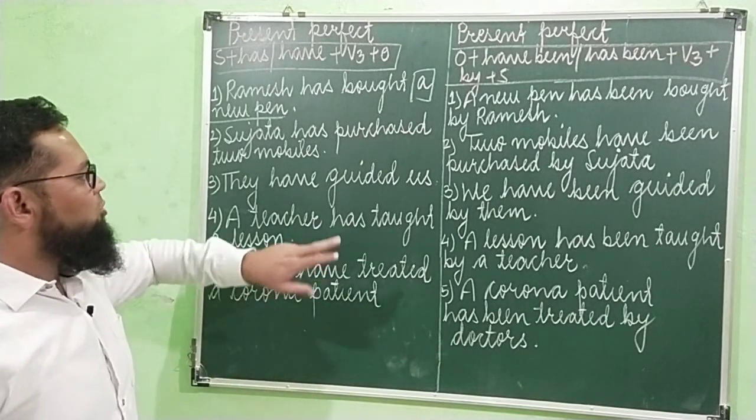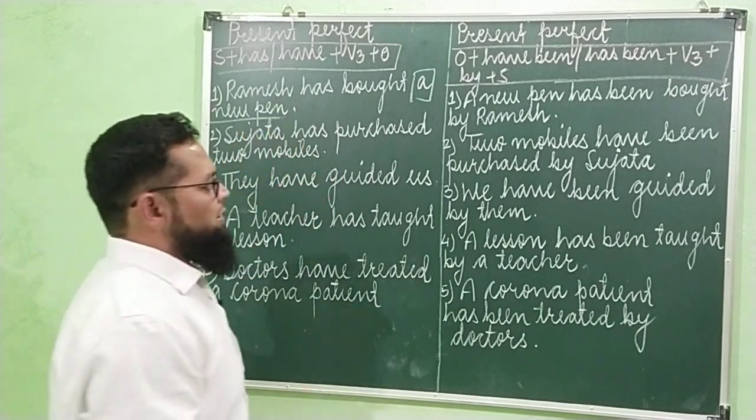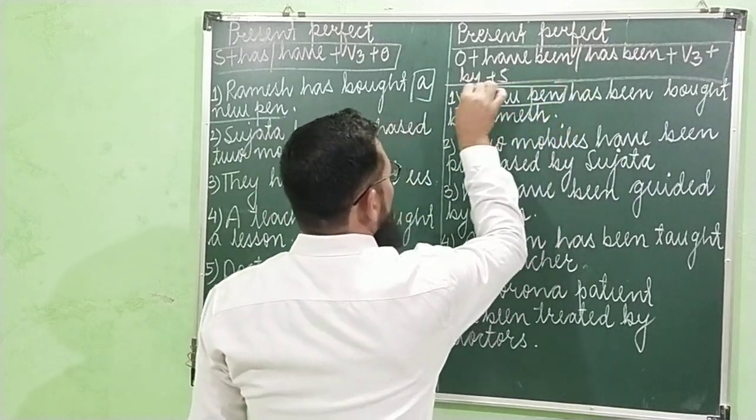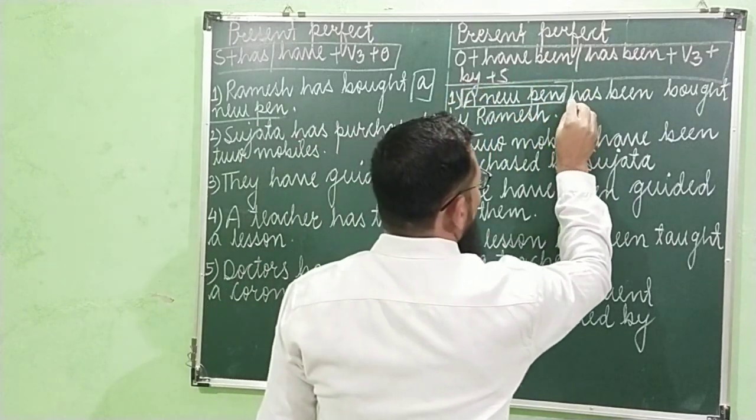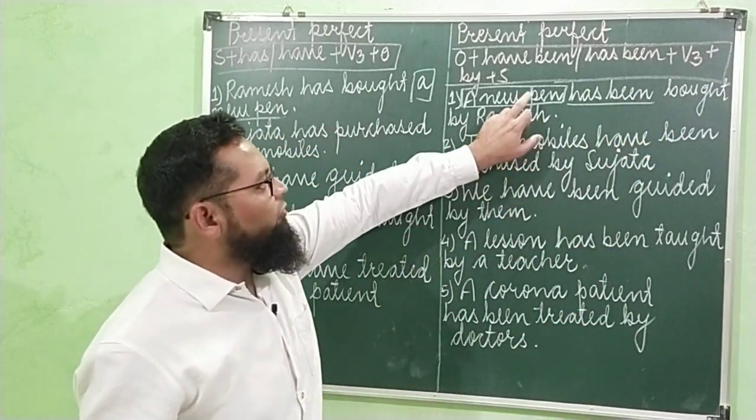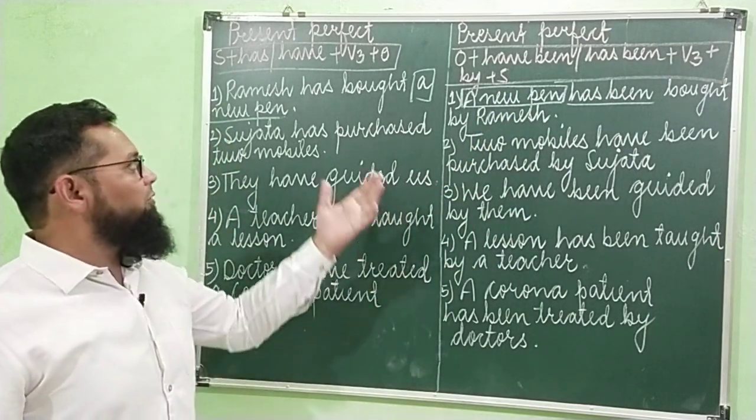So now here what is the object? A new pen. Is it singular or plural? Yes, it is singular. A new pen. With singular, we will use has been. If it is plural, then we have to use have been, irrespective of the helping verb given in the active